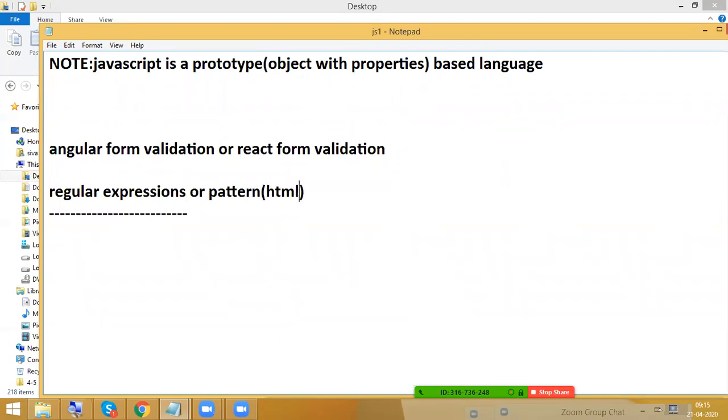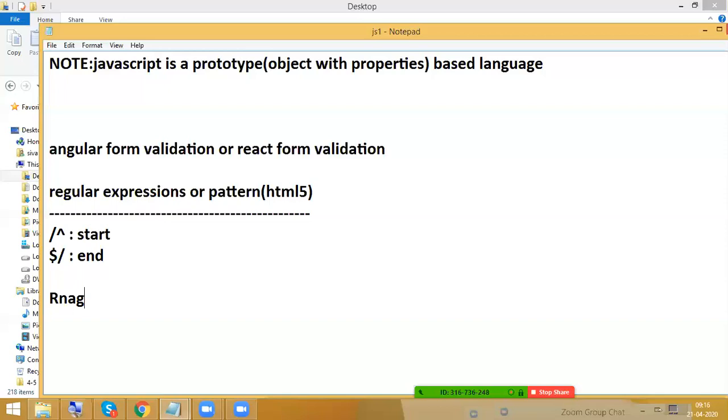Pattern. In HTML5 we are calling this one pattern. Okay, fine. So next, any regular expression will always start with what? Caret symbol. You need to start the expression with the caret symbol. Okay, so dollar: any regular expression ends with dollar.